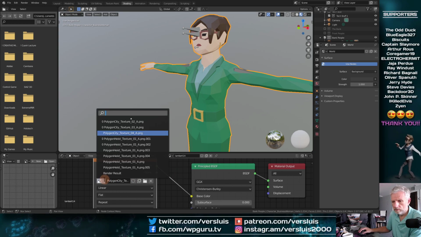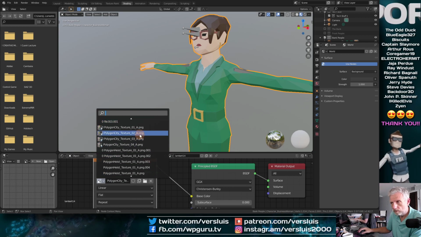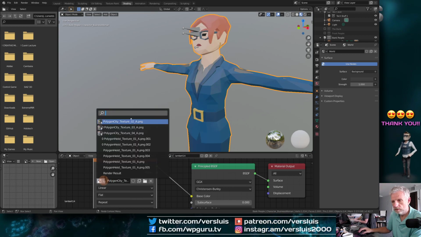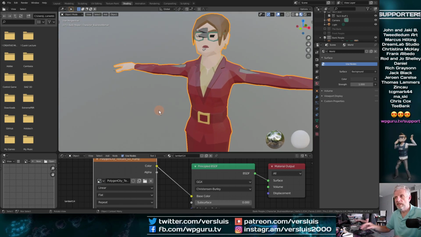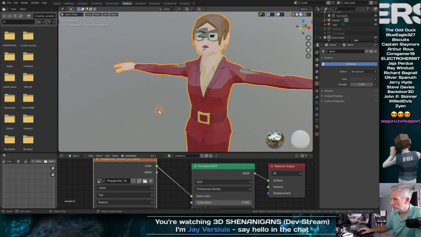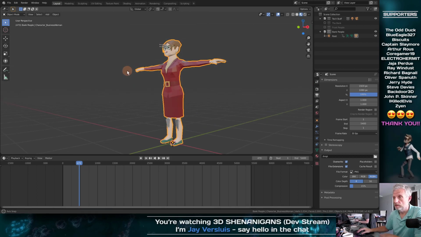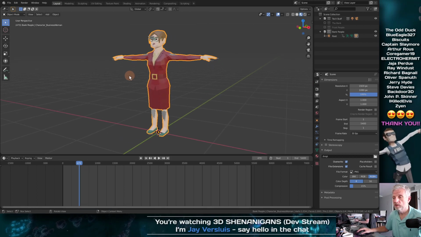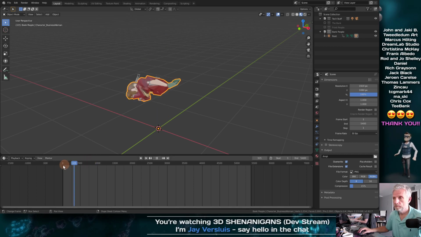I kind of like the, was it this one? No, the other one, this one. That could be a bank manager woman, I can see that. She can be our bank manager. Yes, maybe we can go through it just before we close the stream, have a quick look where that is in the marketplace, the free items.